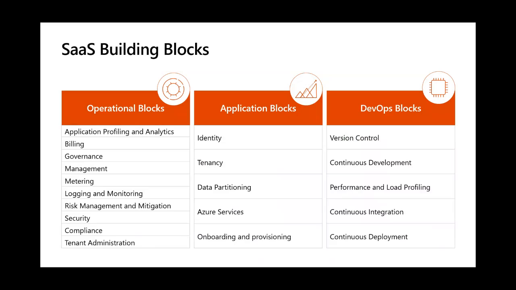Let's look at the building blocks. What are the important parts that we should be considering? So I would like to group it into three different areas, three different blocks. So there are the operation blocks, there are the application blocks, and the DevOps blocks. So on the operational blocks, let's just take a step back and look at the